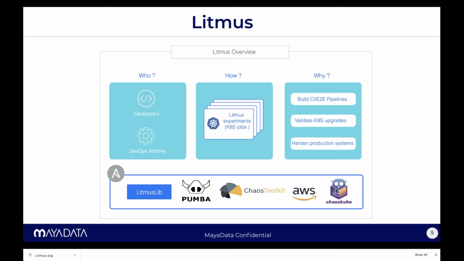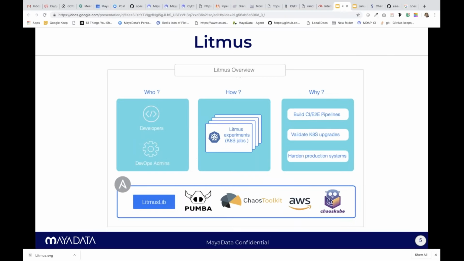And what I want to actually show is an example implementation of how we have been using Litmus to build a pipeline. This is an example of our daily commit pipelines. For every commit, there are detailed pipelines that get run. Each pipeline will have a lot of stages, as you all know.